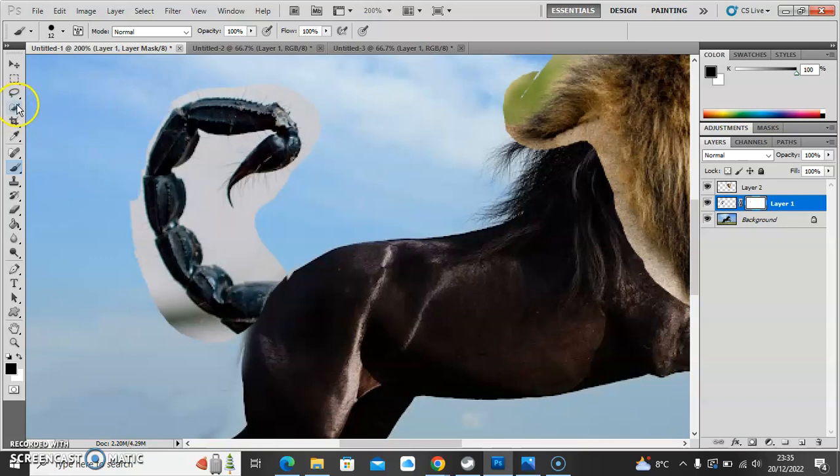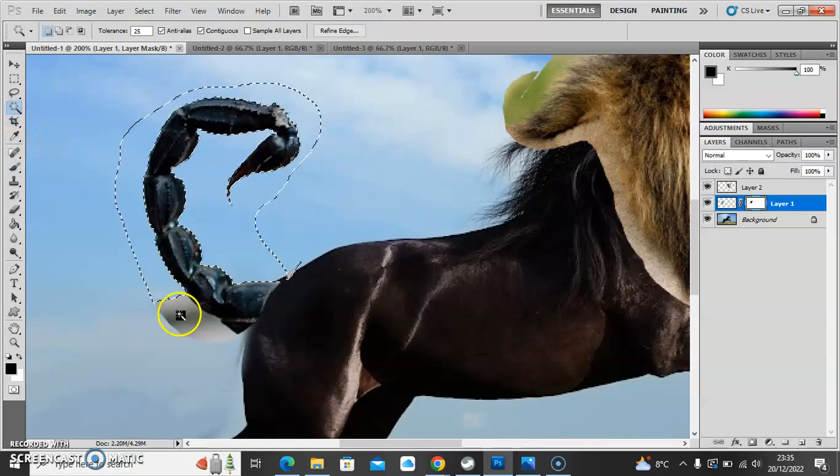And I could use something like the magic wand tool to pick up all the grey areas there, and then switch back onto my brush, and I can quite happily brush without worrying about going over the black of the scorpion's tail,